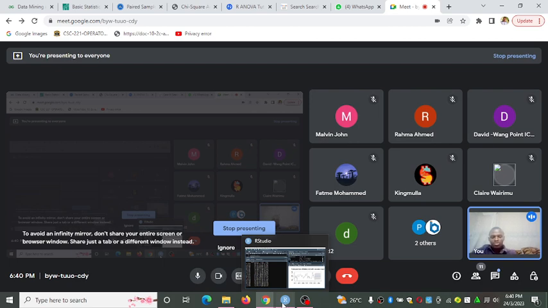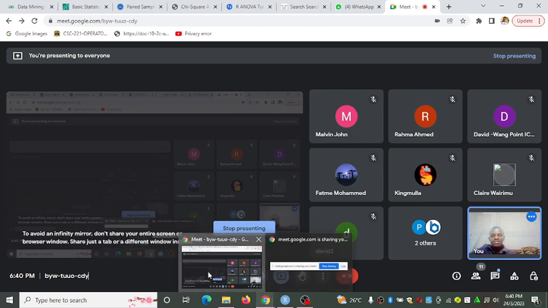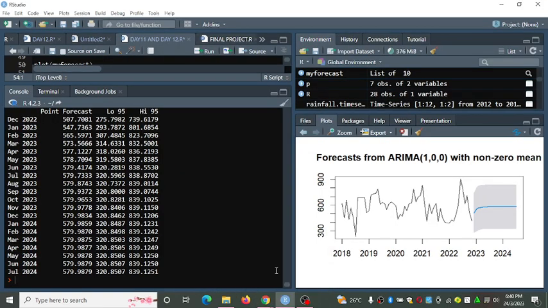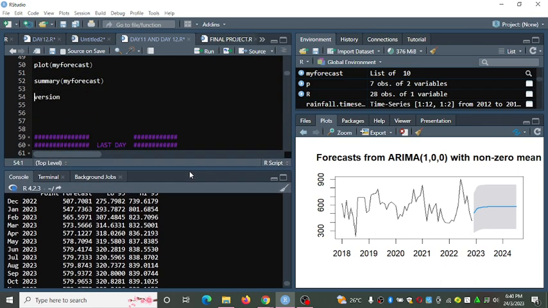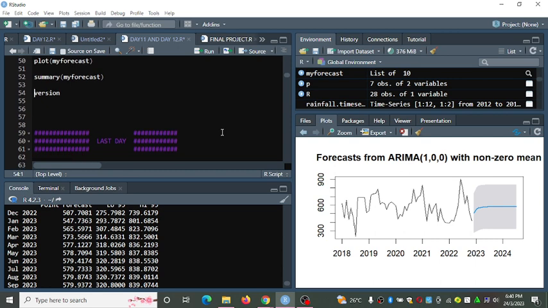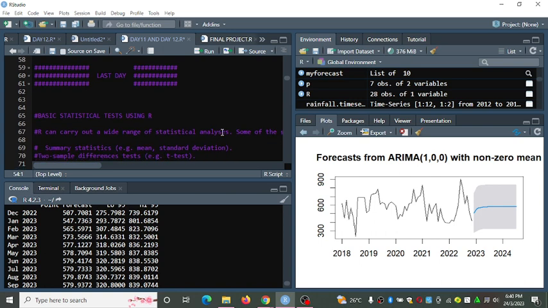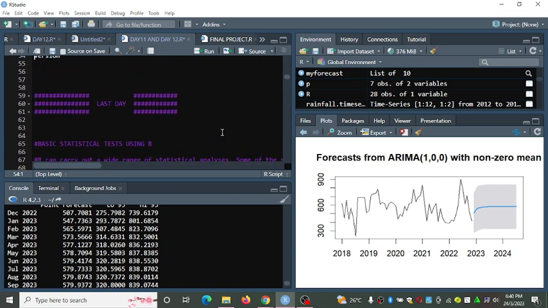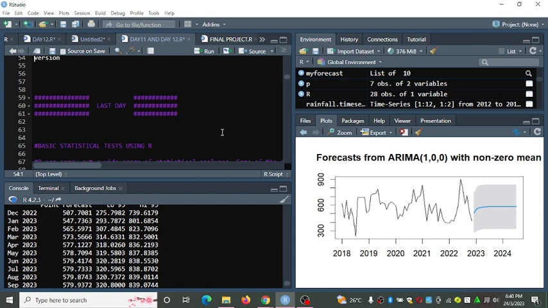Let's continue with something else now. The other part of what we were supposed to cover today was basic statistical tests using R, and we will not finish.